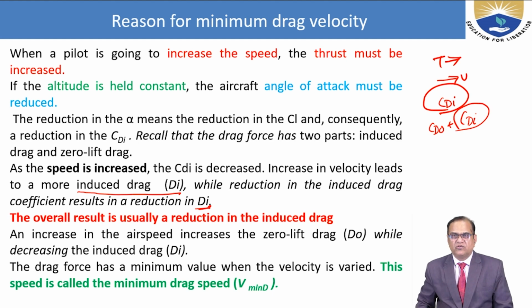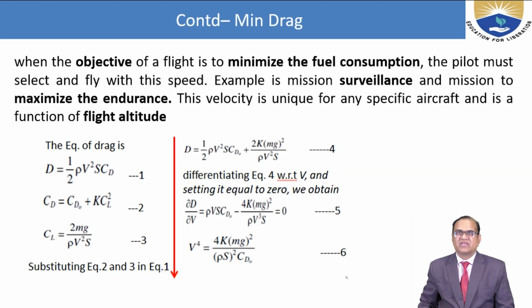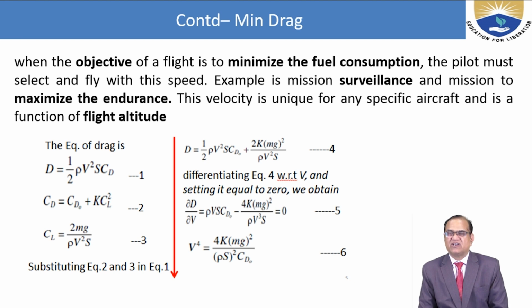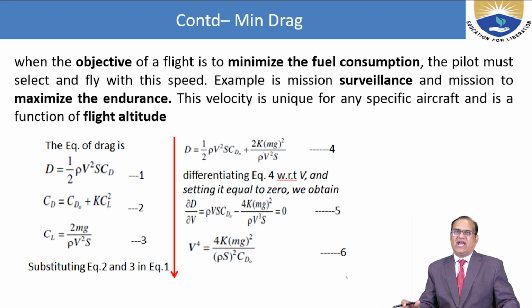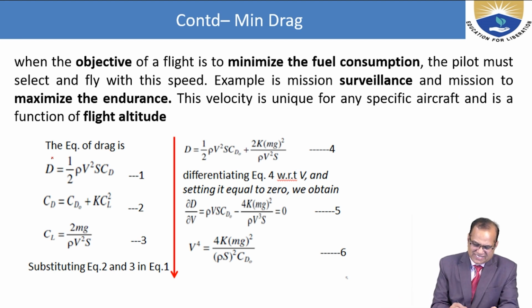So this we have to take care of. When the objective of a flight is to minimize the fuel consumption, the pilot must select and fly with this speed. Examples are surveillance missions and missions to maximize endurance. This velocity is unique for any specific aircraft and is a function of the flight altitude. So we can see here that